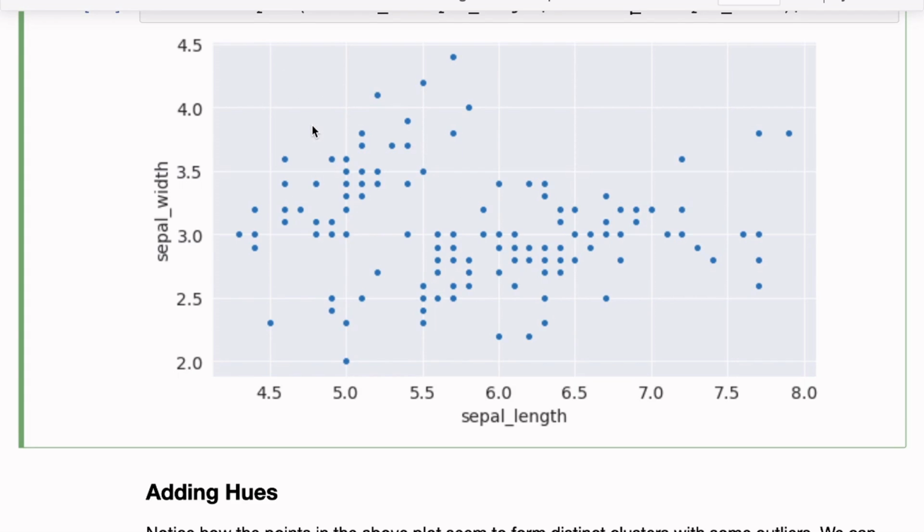So there seem to be 3 clusters of points, and you might have a hypothesis here. Okay, there are 3 species of flowers, and now we can see about 3 clusters of points. And it makes sense that across different species of flowers, we may not really see a relationship, but maybe if we just study a single species separately, we might be able to find a relationship.